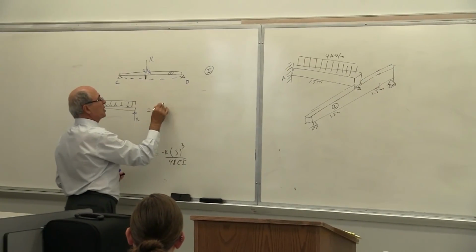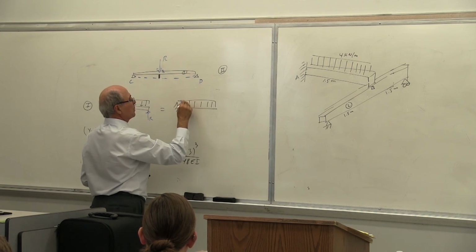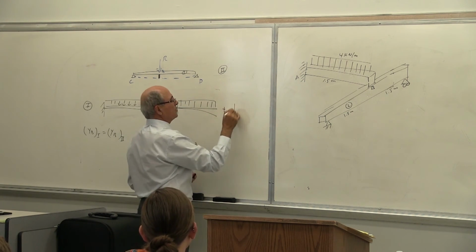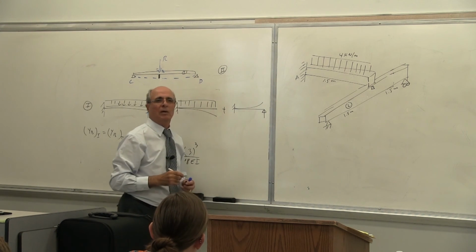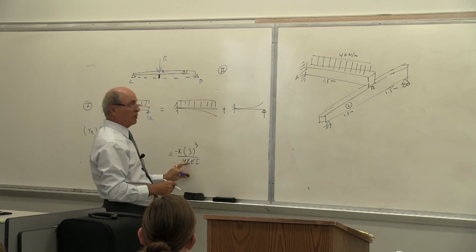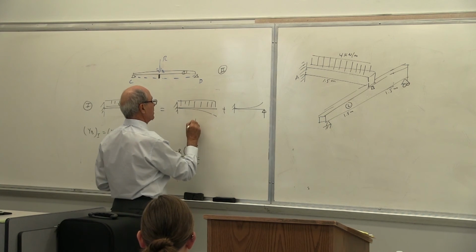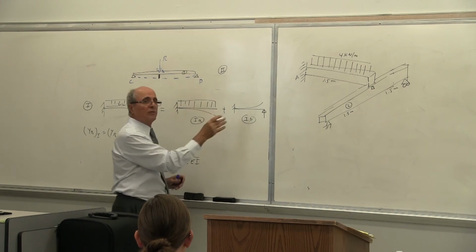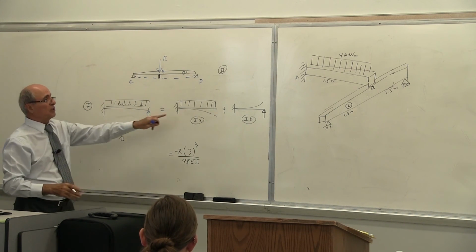Then this becomes equal to, now you're getting the idea. You get this one, which is causing this to go down. Yes or no? Plus what? This one, which is causing it to go up. But this total of this one must be equal to that one. Yes or no? Correct? This is case 1A. Let's call it 1A. This is case 1B. Is that correct? But two of them together will be this one. Yes or no? Correct?